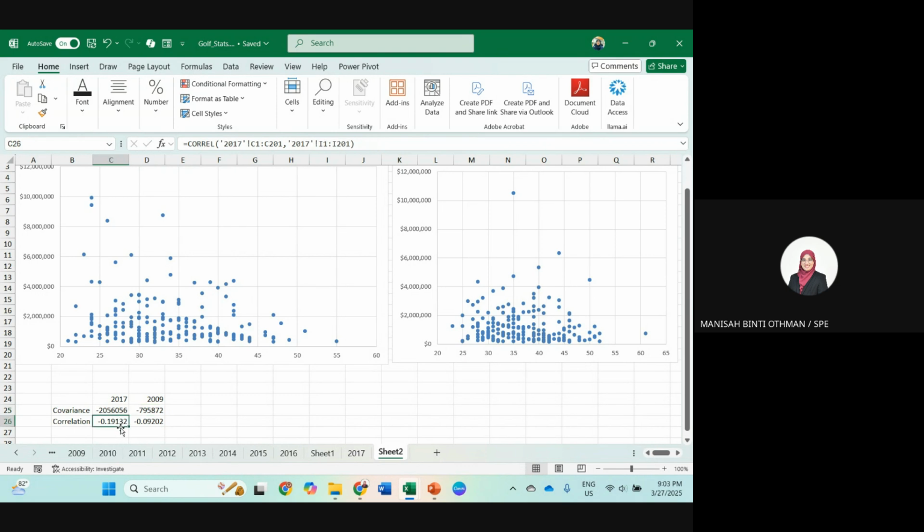Alright, correlation shows you the exact figures, how strong the relationship is. You can see negative 0.19, which is like 19%, the impact of age on earnings. Even though it is negative, meaning the older the player, the less they earn, it does not really have a highly significant impact.